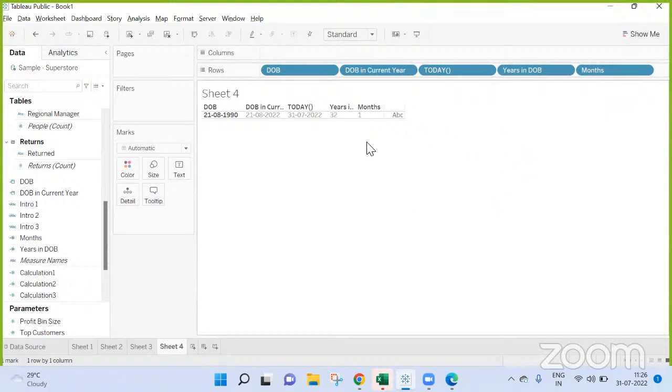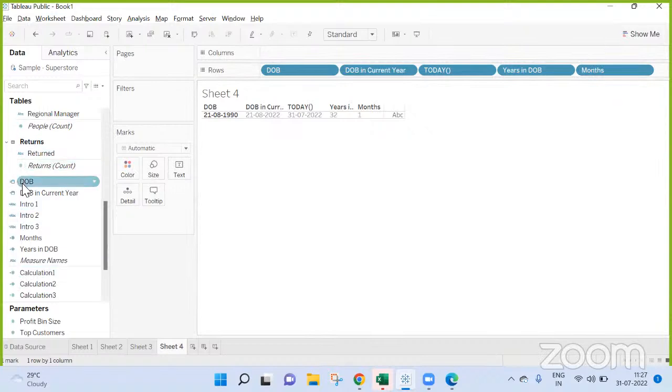Now what do we need? Days. Now how do we get days? Now, there is one more problem. When the date diff is one, there is one more level of check I need to do. What is my current day? Is the day of today greater than the day in my DOB or not? Only then I can calculate my month.